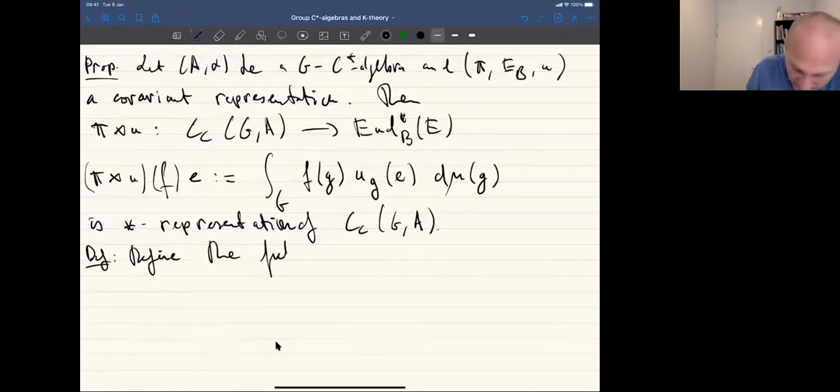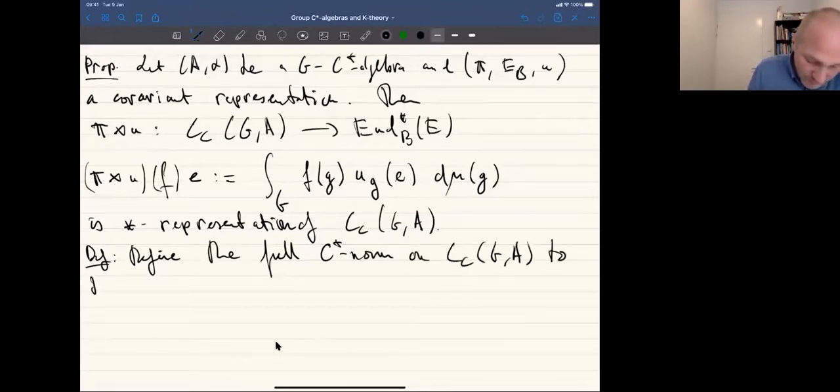So we define a full C star norm on C_c(G, A) to be